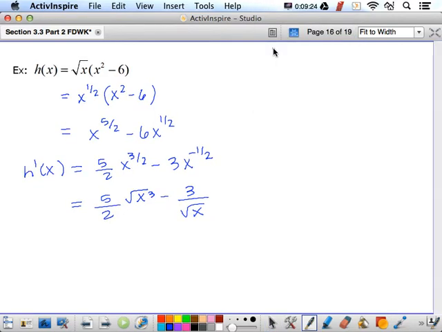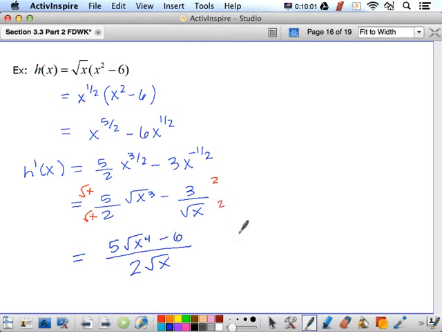So if we want to find the common denominator here, we will look and see that it is going to be 2 square root of x. So we look and see what's missing from this fraction, and it looks like we're just missing the square root of x, so we'll multiply that on top and bottom to give the common denominator. And if we do that, what we'll have is 5 times the square root of x times the square root of x cubed, which would really be 5 square root of x to the 4th. And then this one is only missing the 2, so we'll multiply this one by 2 over 2. And that will give us